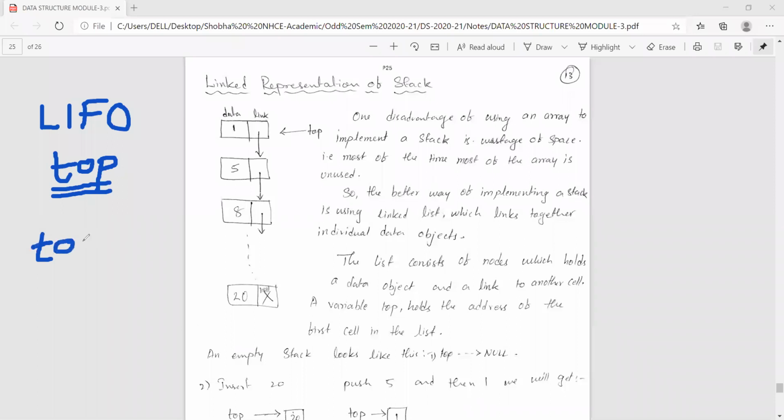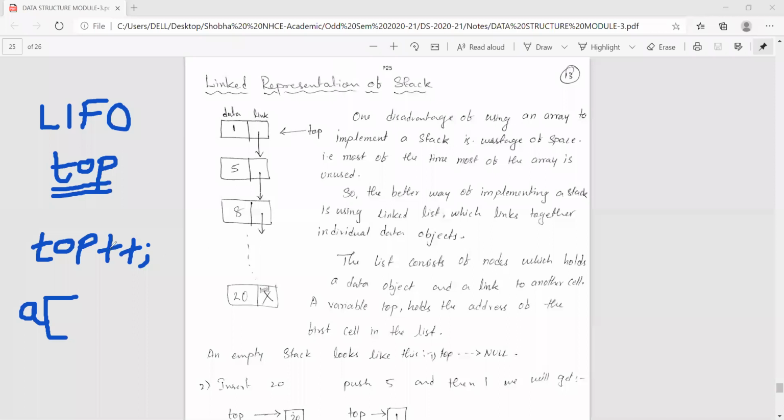Increment the top pointer, top plus plus, then, yes, tell me. Already you have done stack implementation using arrays.